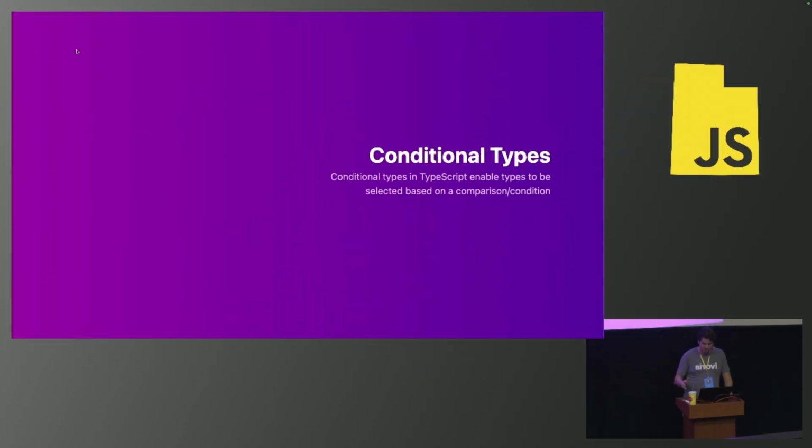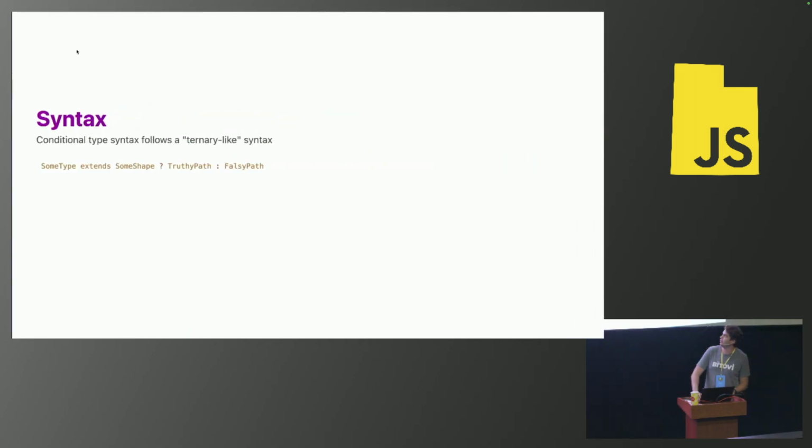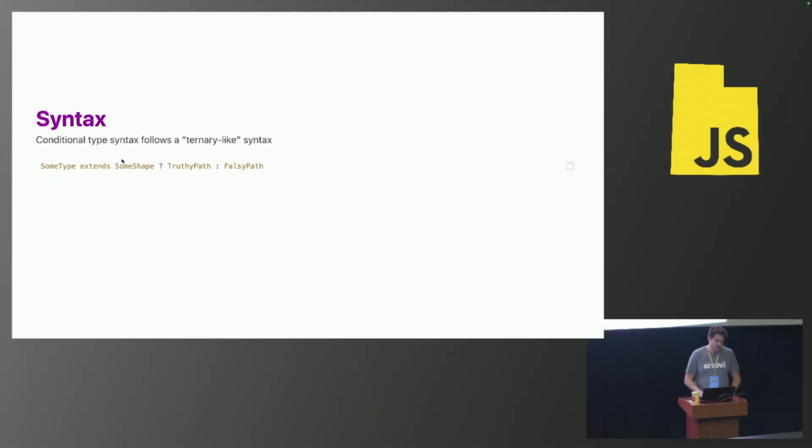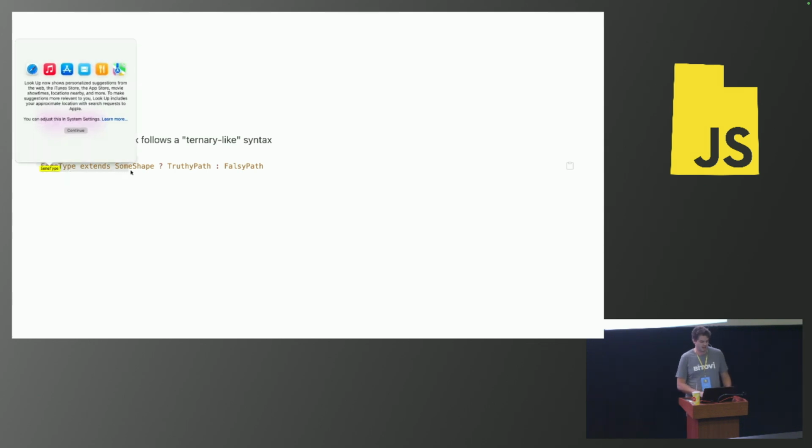At kind of a basic level, conditional types in TypeScript enable us to choose types based on a comparison or condition, very similarly to how conditional statements do in programming. And kind of a nice thing that TypeScript keeps with as we're looking at some of these more obscure features like conditional types, they share a similar syntax with JavaScript as well. So when we're actually looking at conditional types, they follow a very ternary-like syntax, which is that question mark and the colon up there. And how we actually check for our conditions is we look if some type extends some